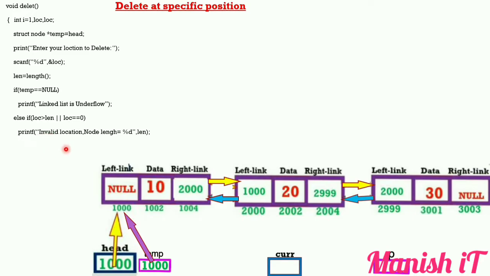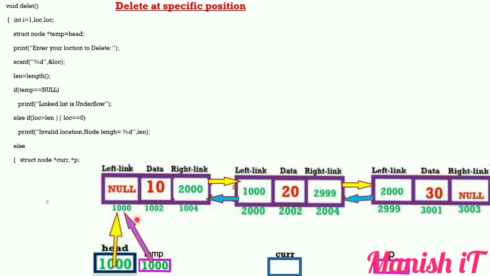After this statement we have to write our else part. So how to write our else part? struct node current and p. I have already declared them here. So in the current part, how to store the value? We have to move this temp variable. In this situation there are only 3 nodes, but suppose in any case there are 10 nodes and you want to delete the 5th node, so you have to move this temp variable. So you have to write a common logic for that.